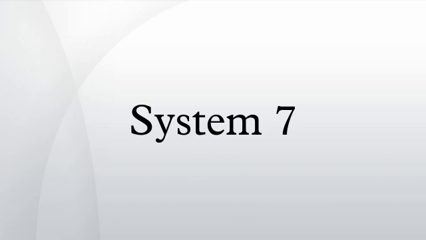System 7.1 marked the advent of system enablers, small extensions that were loaded at startup to support Macintosh models introduced since the last OS revision. Under System 6, Apple had to introduce a number of minor revisions to the OS solely for use with new hardware. Apple introduced an unprecedented number of new Macintosh models during the System 7 era, leading to some confusion over which system enabler went with which computer.